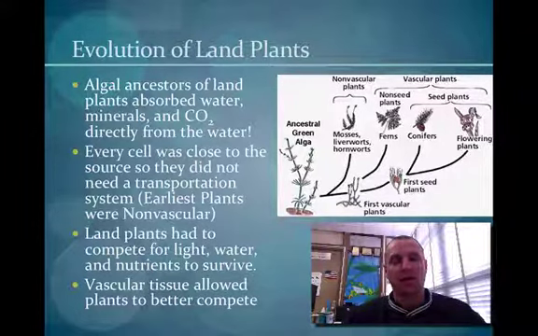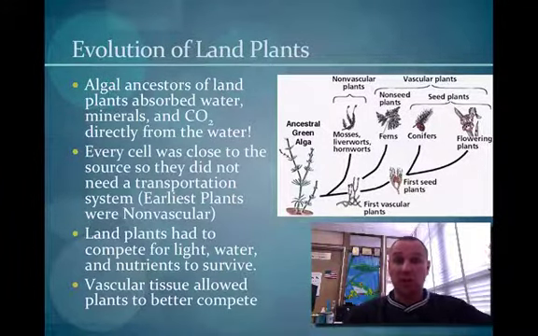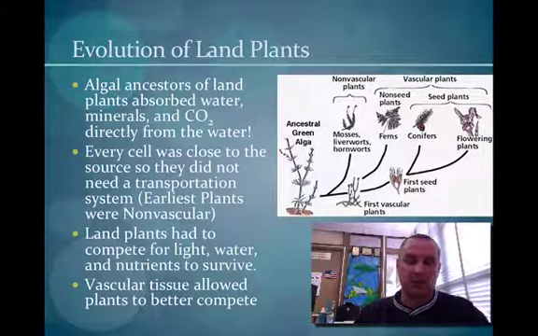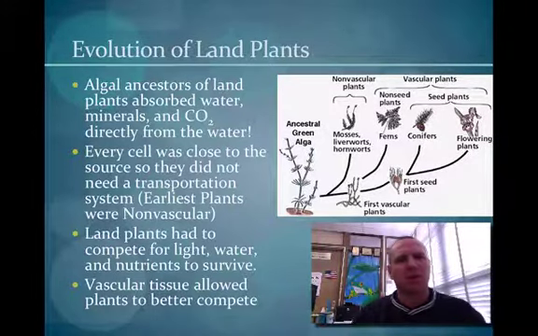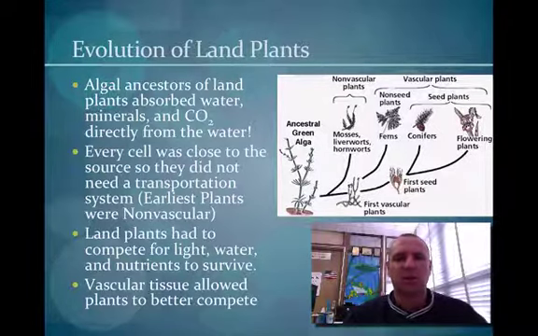Now, as plants moved onto land, they had to compete for light, water, and nutrients to survive. Whichever one could grow the tallest outcompeted the other ones for light, etc. But you still had to figure out how to get water up the plant. And that's when vascular tissue came into play,